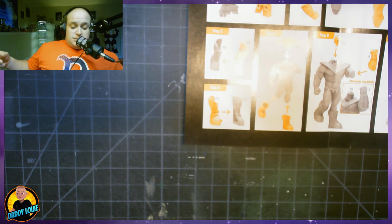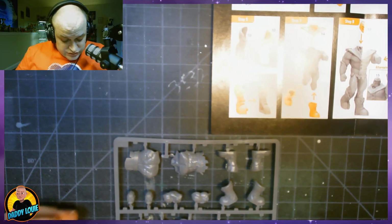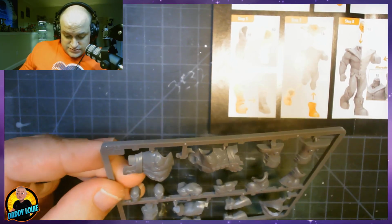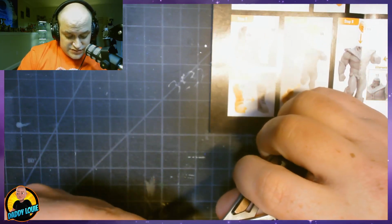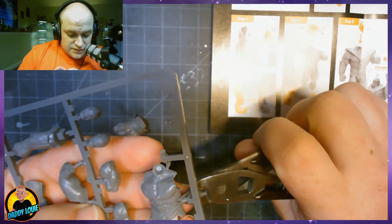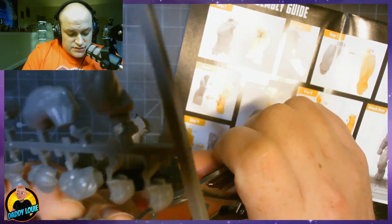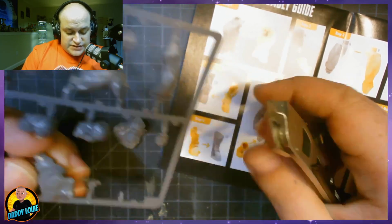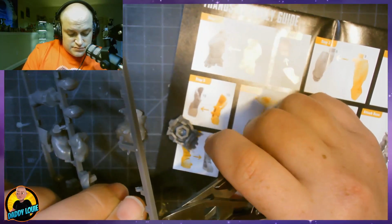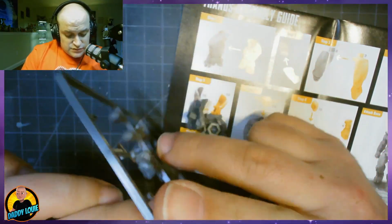So, first thing that we're going to do is clean everything up. I have to decide which head I want to put on this Thanos. Which head I want to put with Gamora. I think most people are using the smile. Smile may look better with Gamora, but I really wanted